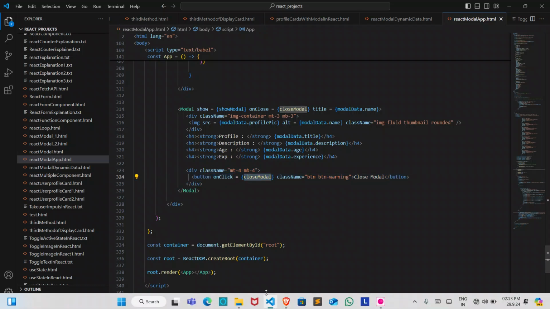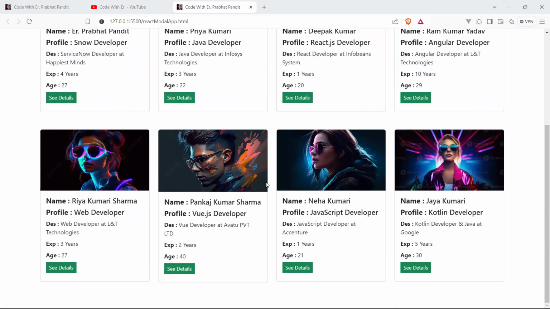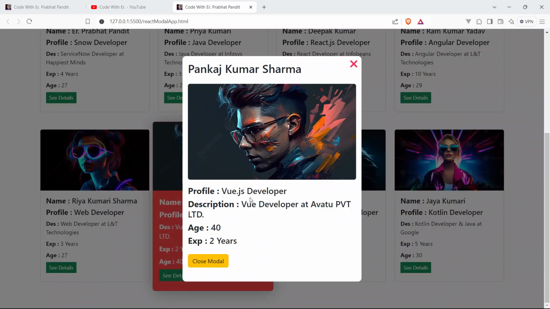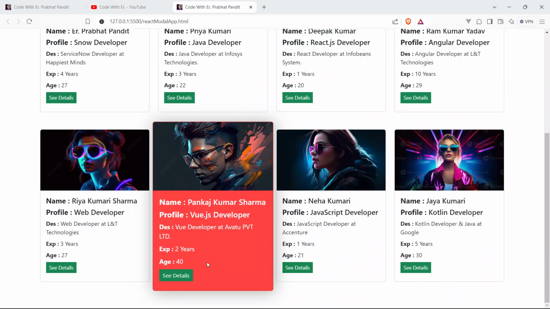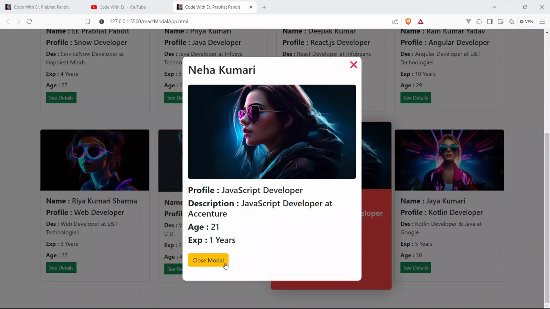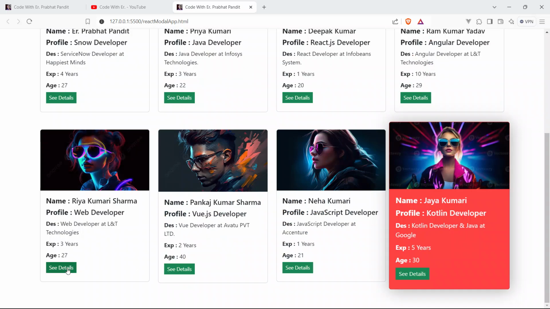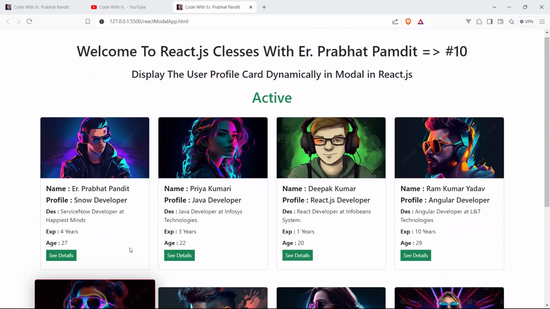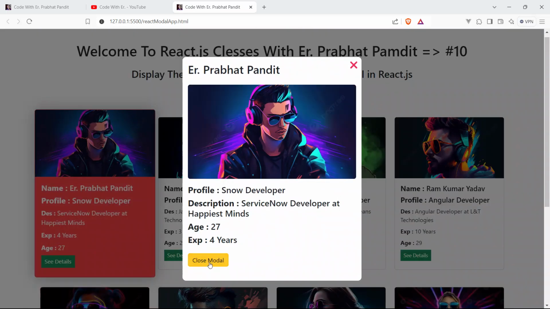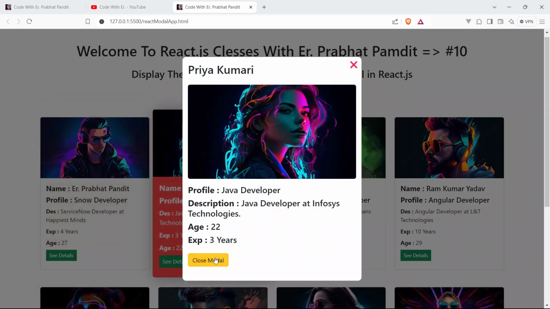Save your code and go to the browser, and now hit this button, see details. So now it's here. So boom guys, it's gone. It's doing great. As of now it's doing great, and we are fetching the things dynamically